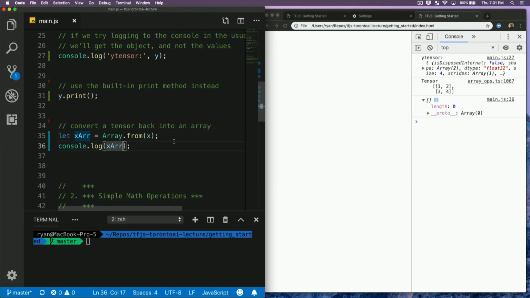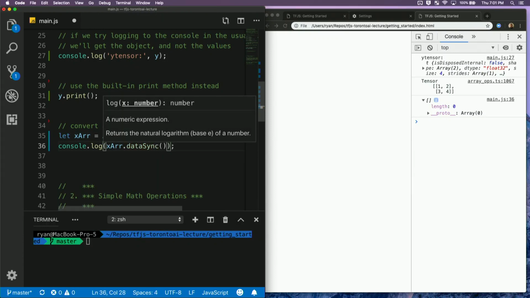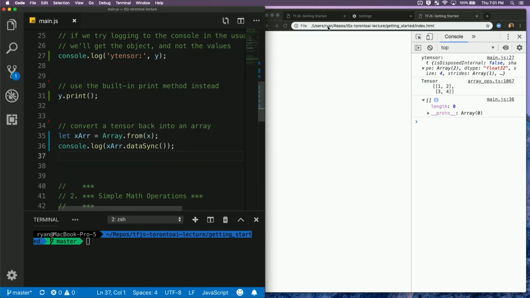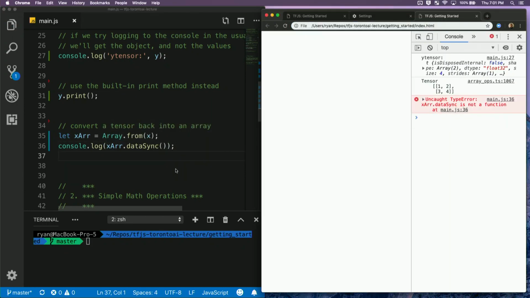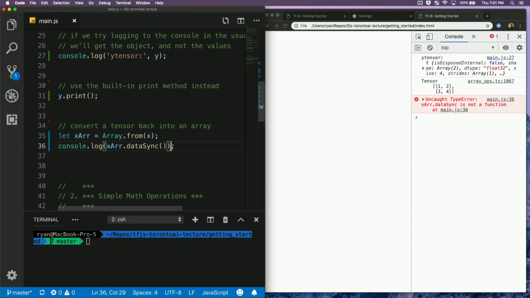that off to workers within the system and then continue running. So what can happen is, you may call this line and then expect this object to be populated with your tensor, but this is actually run before that's been filled with the value. So one thing you have to do here is call a method called dataSync. So just keep that in mind. And then when you do that, if you save that file, refresh here. Whoa, what happened there?